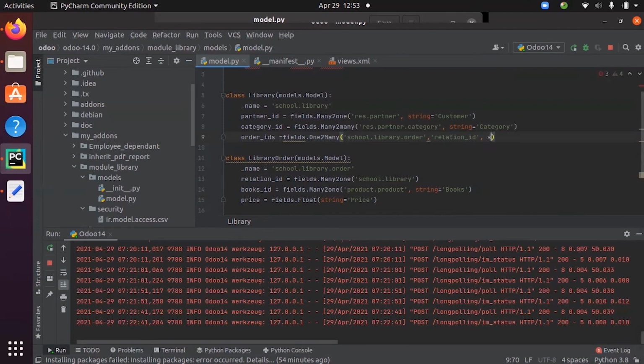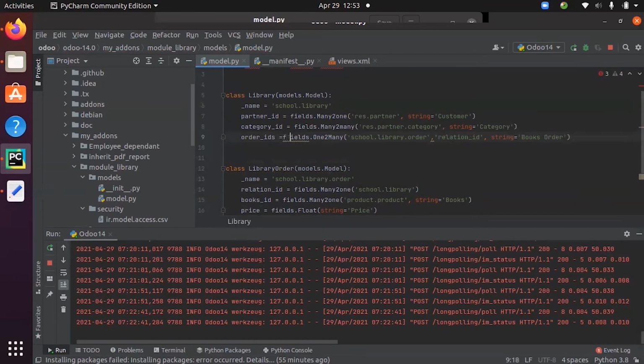Then I'm giving a string for this one to many field, that is books order. So we have defined the one to many field and the relation field, that is the many to one field relation ID, inside this model. And I have defined two fields inside school.library.order, that is books ID and price.